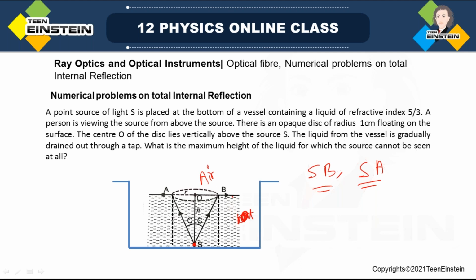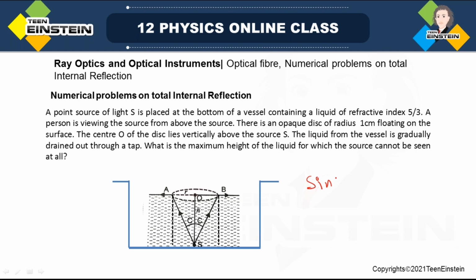So there is an interface, so light will actually get refracted. Now if this is air, light is going from the denser medium to the rarer medium. Whenever it goes from denser to rarer, there is a chance of total internal reflection. And what is the condition for total internal reflection? You have to have